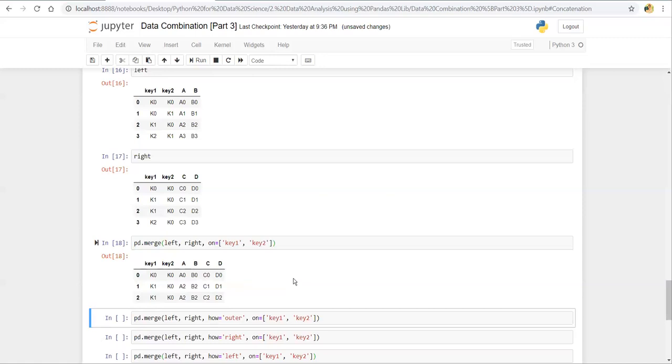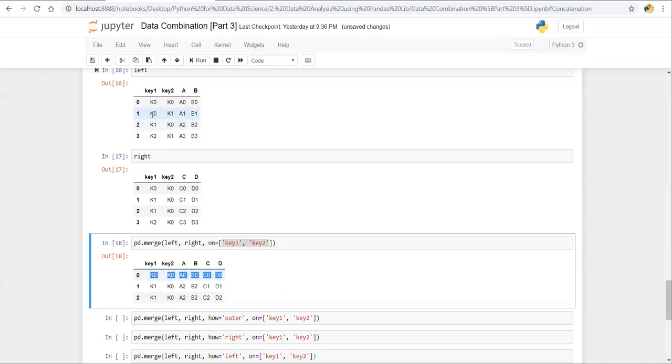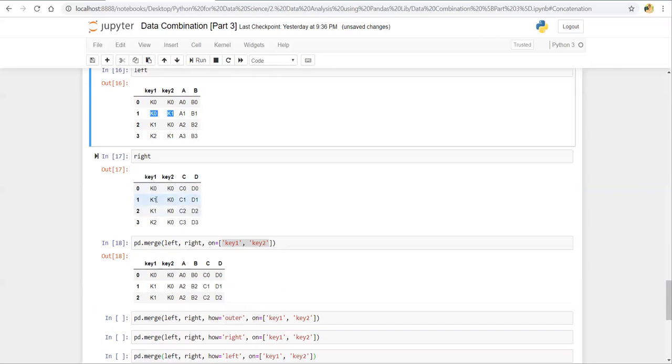So you can see that here it joins the data frames by the combination of the elements of these two columns. Here the combination k0 k0 is present, and in the right data frame k0 k0 is also present, so it returned the record here. And k0 k1 is present in the left data frame, but k0 k1 is not present in the right data frame, so it is not returned.